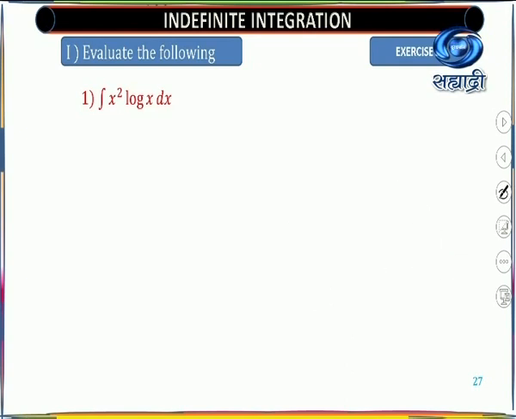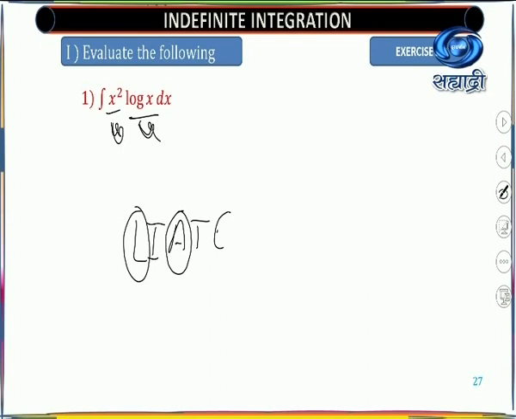So we'll take this one as u and this one as v, or this one as v and this one as u. I told you your rule, LIATE. Okay, so where is L? L is here. And where is the algebraic function? Here. And what was the statement in the last lecture? You have to select the first function in the order. So what is your order? This is the order.